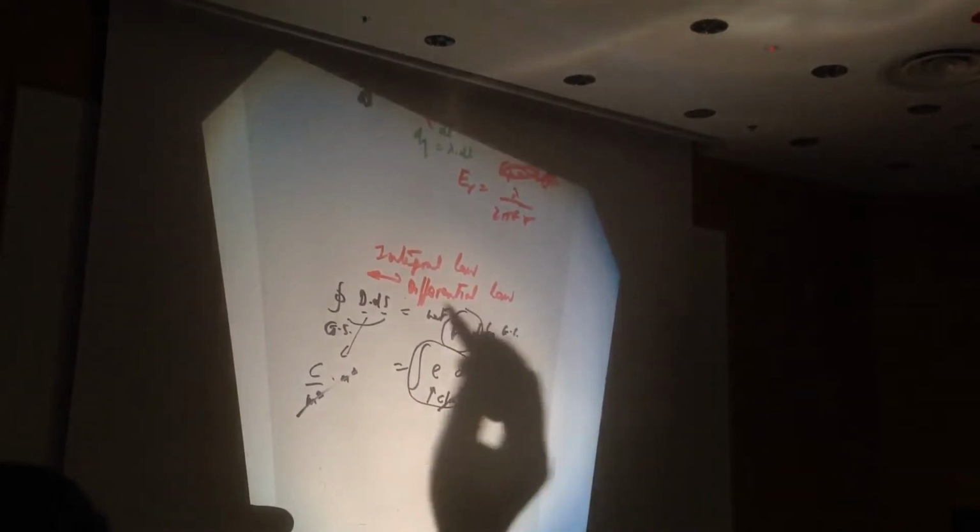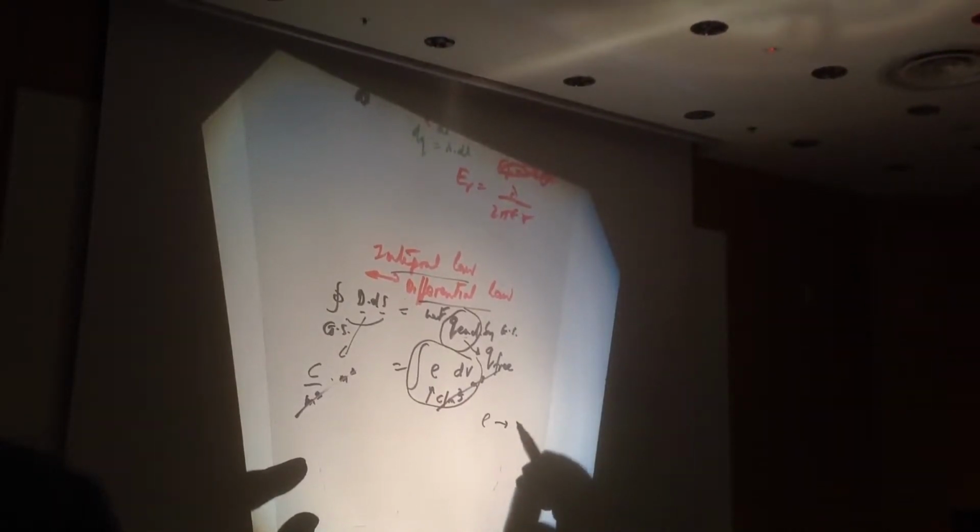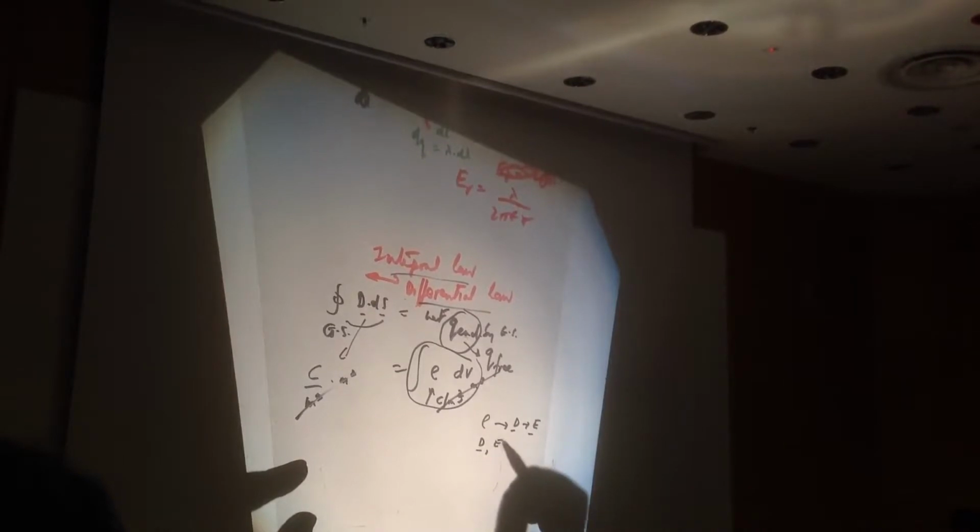So for every integral law, we have a differential law. Why? Because of math, but it's very convenient. If I give you the charge density, the charge distribution, you can calculate what's the E, the D, by the method we will talk about. But another question is, if I give you the D or the E, what is the charge? But we know there's an integral law. So what we shall find is that